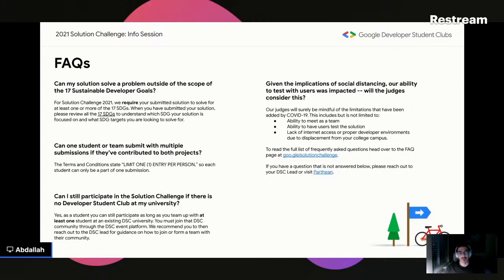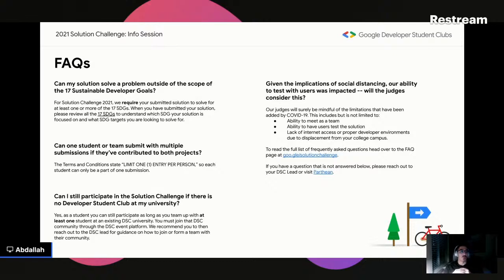There are many of them. So when you submit your solution, please review all of the 17 SDGs to understand which SDG your solution is focused on and what SDG targets you're looking to solve.